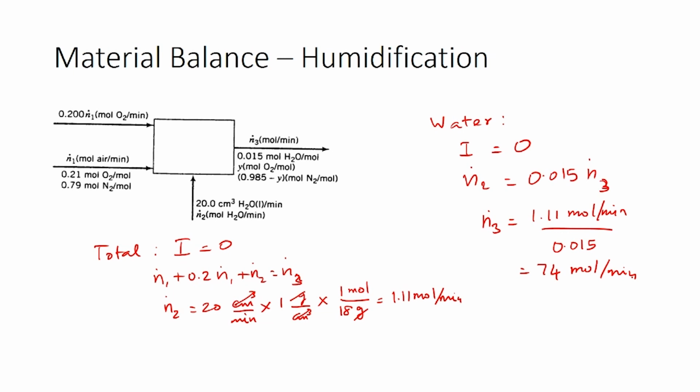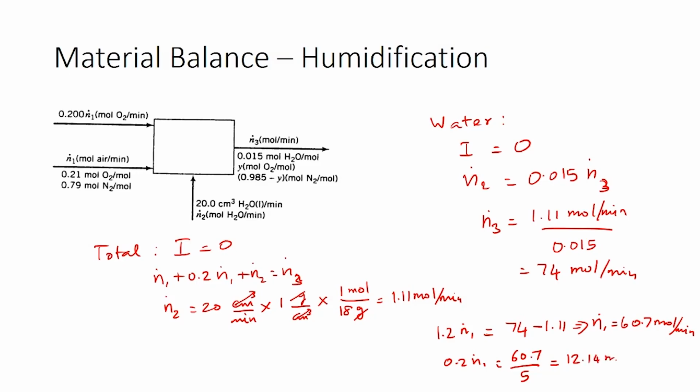Substituting them there, you would get 1.2 N1 dot equals N3 dot, which is 74, minus N2 dot, which is 1.11. Thereby you can calculate N1 dot as 60.7 moles per minute. So, the molar flow rate of air entering the system is 60.7 moles per minute. The molar flow rate of pure oxygen entering the system would be 1/5 of this. So, your oxygen flow rate would be 0.2 N1 dot, which is 60.7 divided by 5, giving you a value of